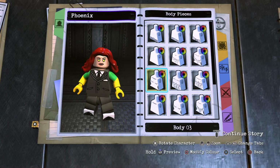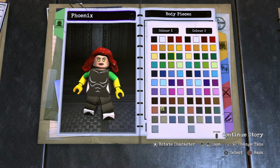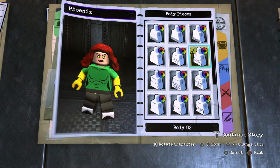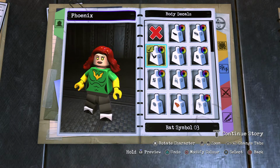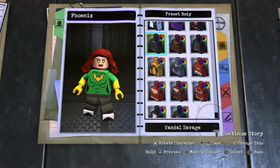Custom body, body 02 maybe for the muscular, because I imagine the Phoenix improves her muscle mass or something. And then black for the outlineage, of course. Second light is green, and then Batman Beyond symbol to resemble the Phoenix logo. Yellow it up like so. And there you go. The only problem is that the Phoenix also has some black on her torso, which you